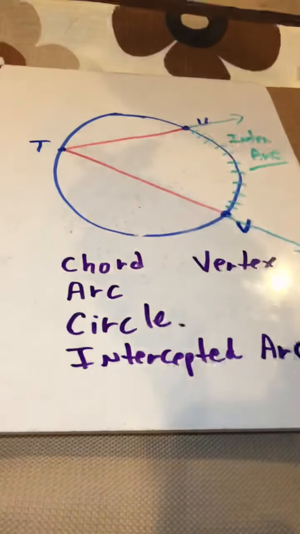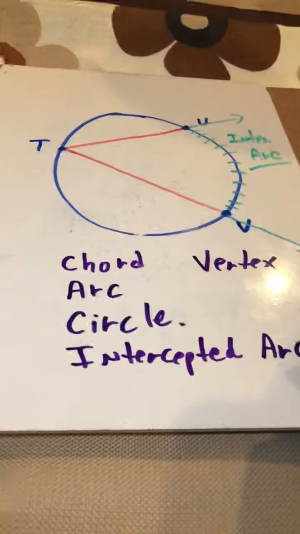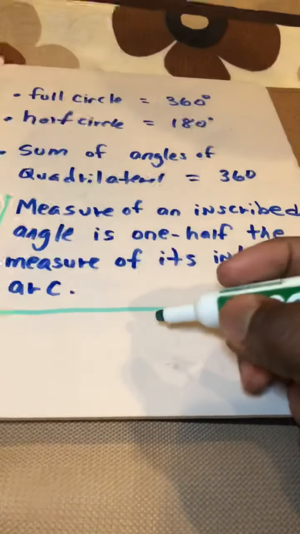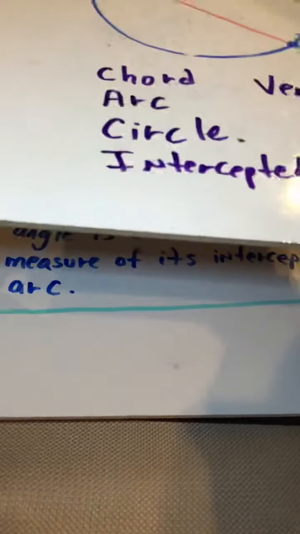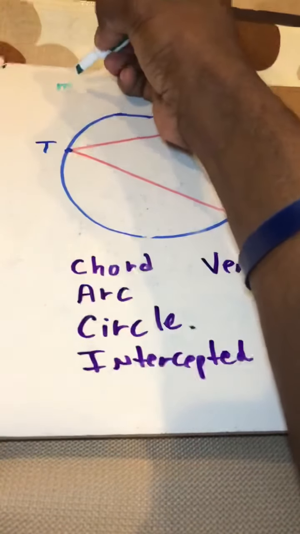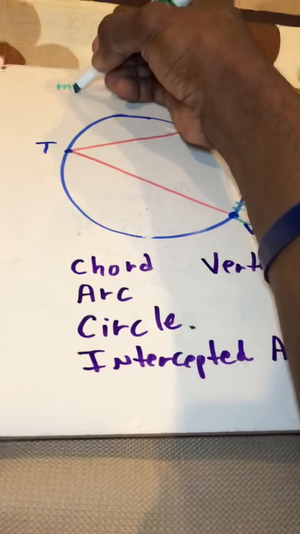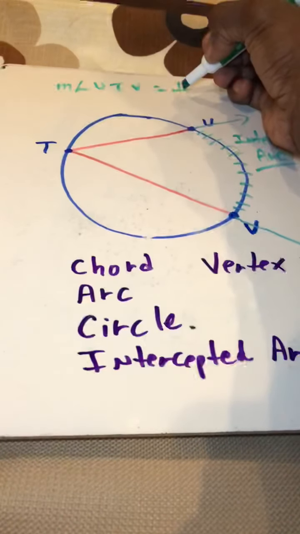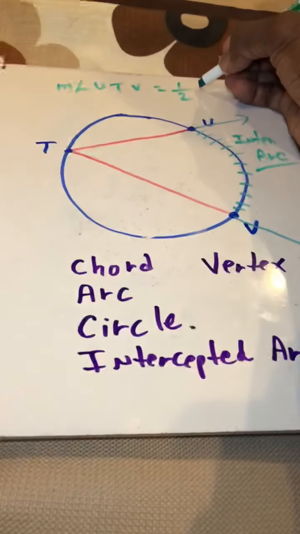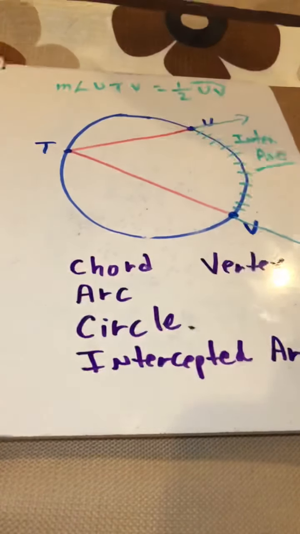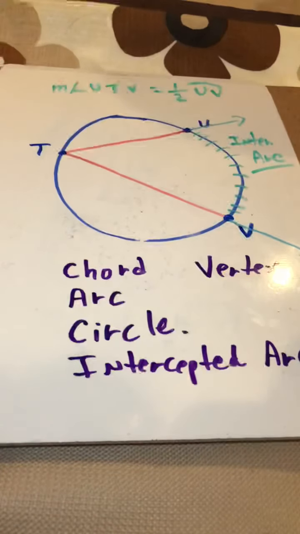And if you remember the rules that I gave you, I'm going to pick up the last one, which states, and I'm going to write this down, the inscribed angle, right? So I'm just going to write the measure of angle UTV is equal to half of the arc UV, okay? I'm sorry if I try to write it as neat as possible. So in other words, okay,